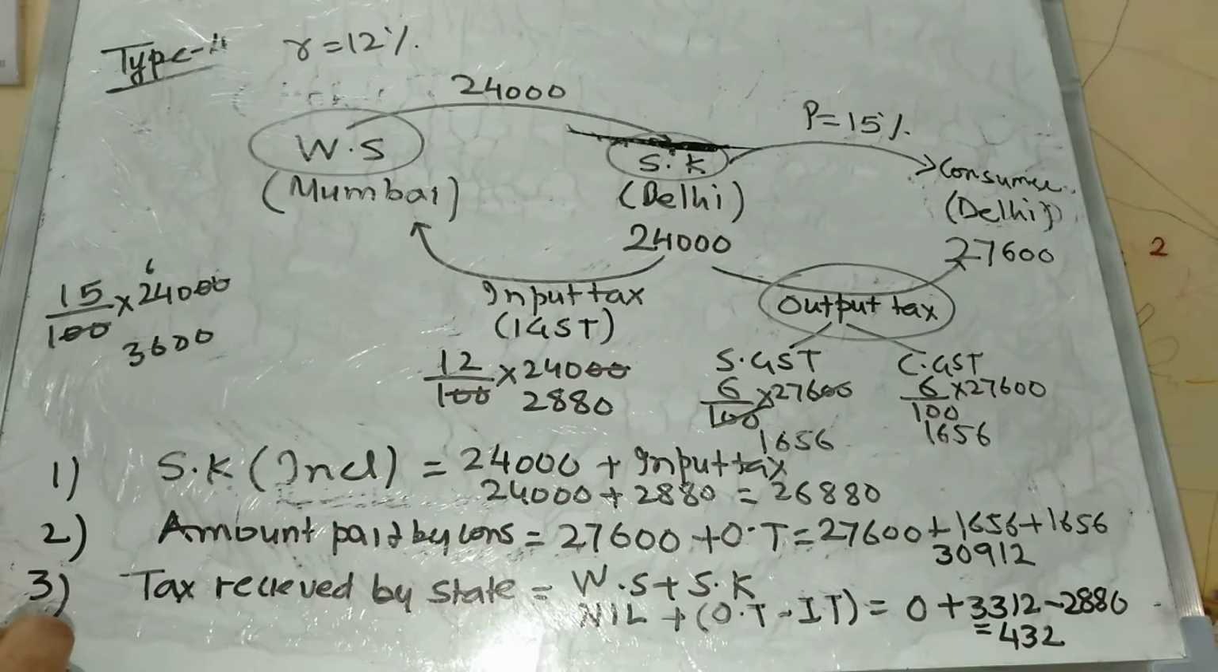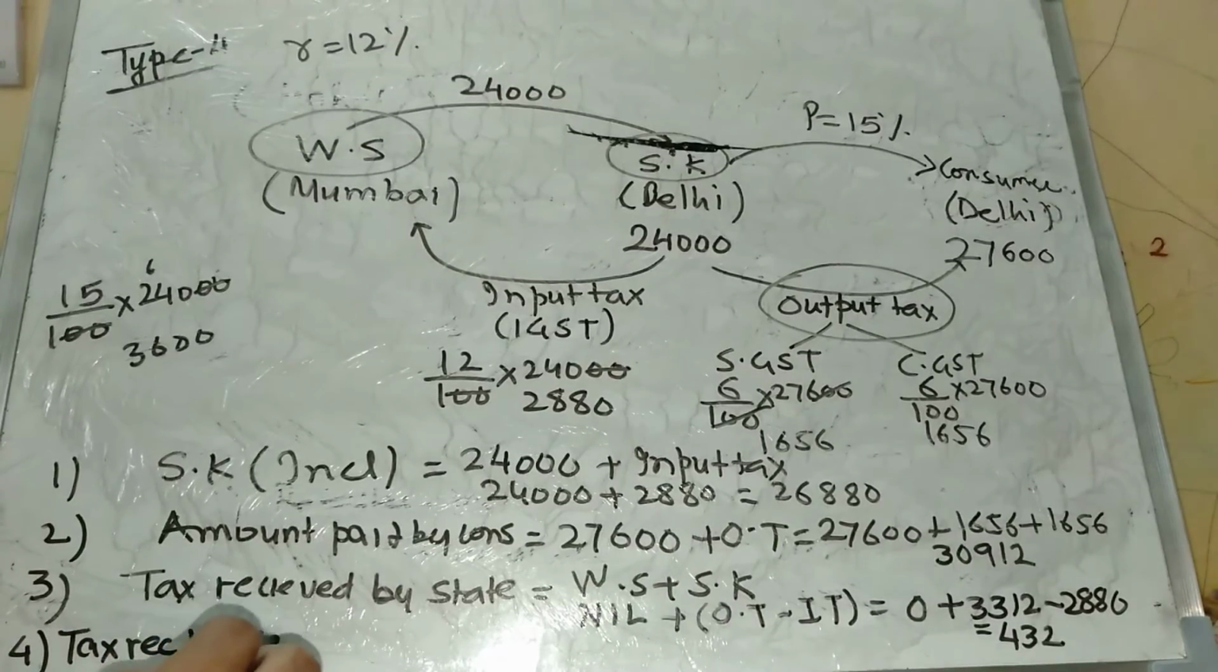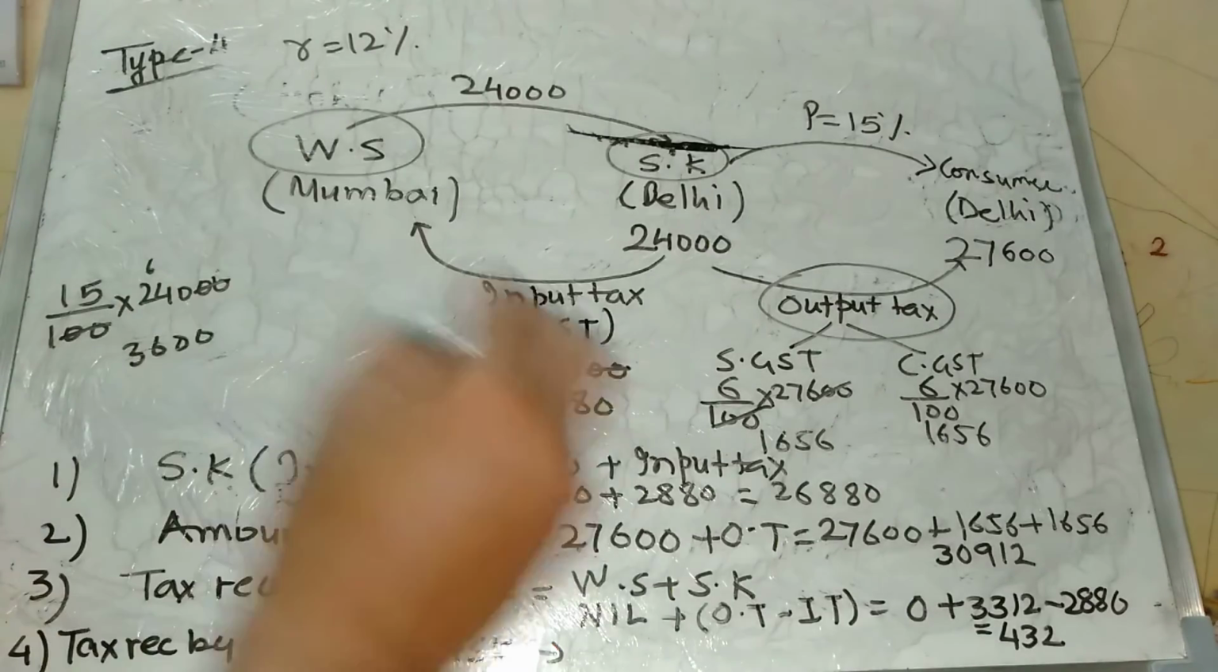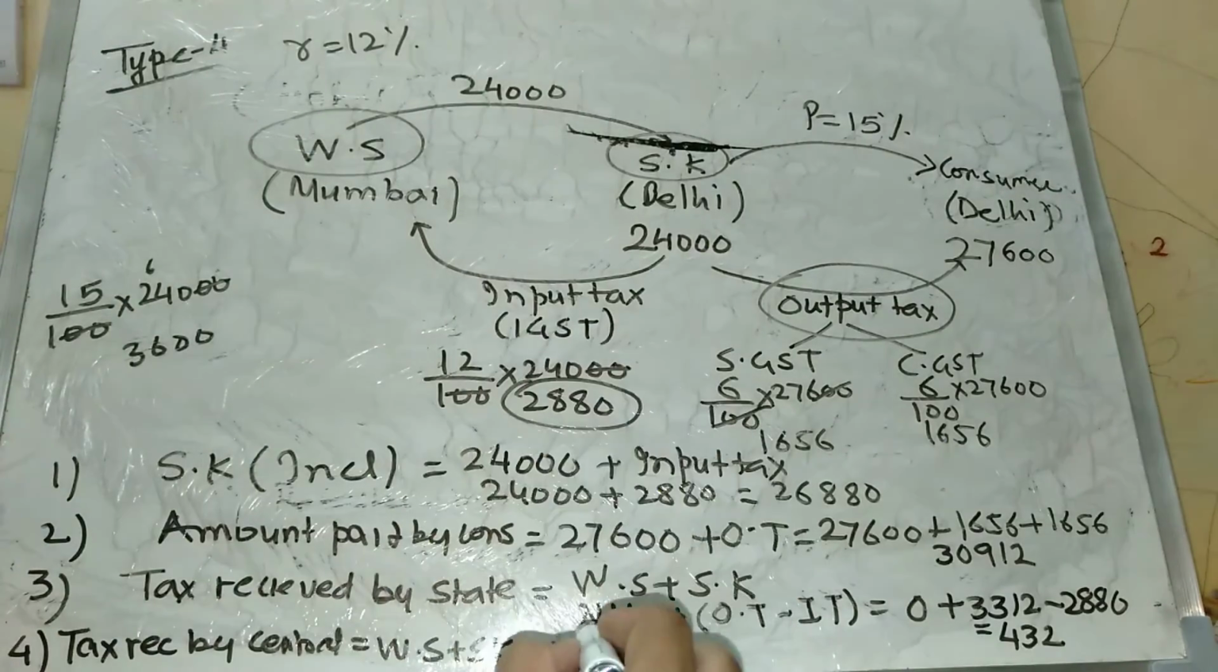In the fourth part, tax received by central government. Again, these two persons will pay, wholesaler and shopkeeper. Now in this case, wholesaler will pay 2880 to central government and shopkeeper will pay zero amount to